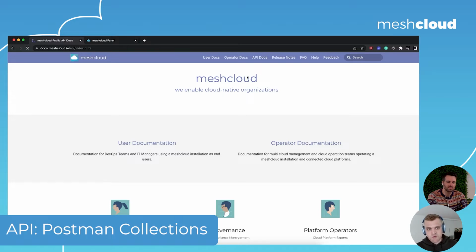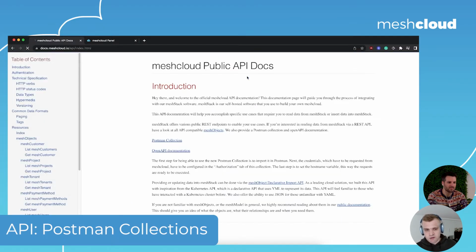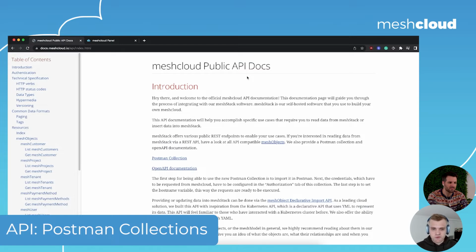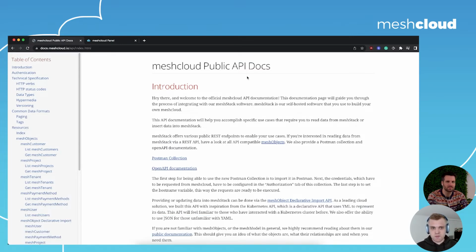We created two new things here, not in the API itself, but rather around the API and how you use it and any tools. So the first thing is Postman. I think most, if not all, people working with APIs are familiar with Postman. It's a super handy tool to try out the API, get a little bit of a feeling for it and see what the requests and responses look like. And previously you always had to set this up fully yourself. You had to read the docs, and now we offer a really nice and handy Postman collection, which you can